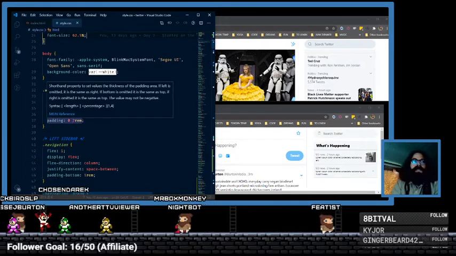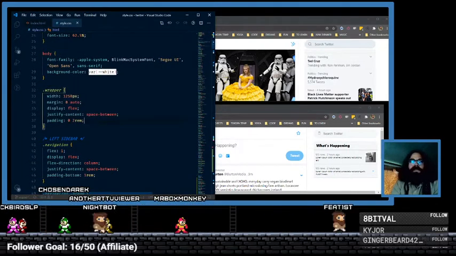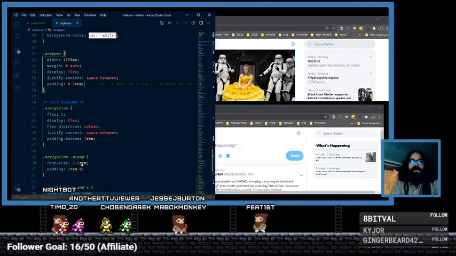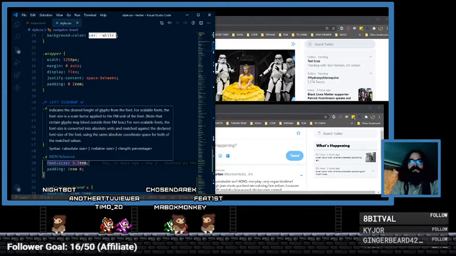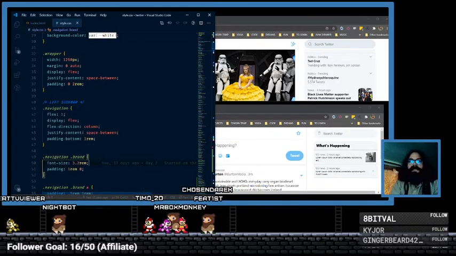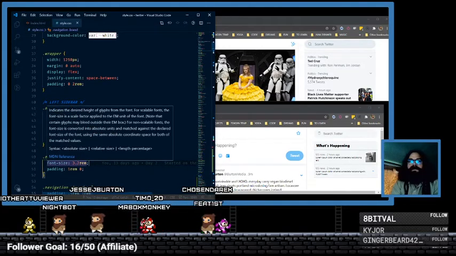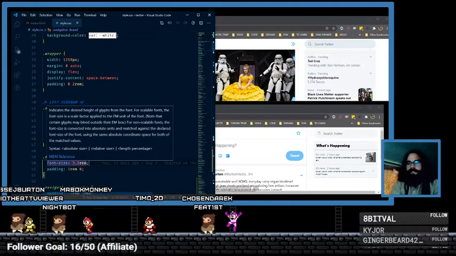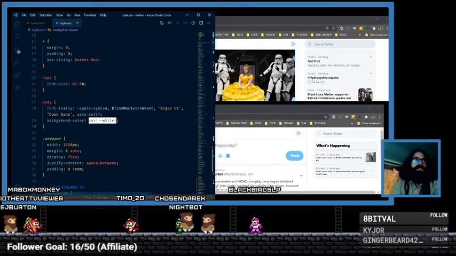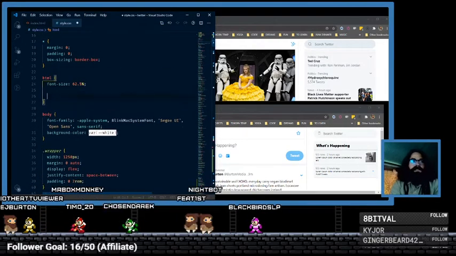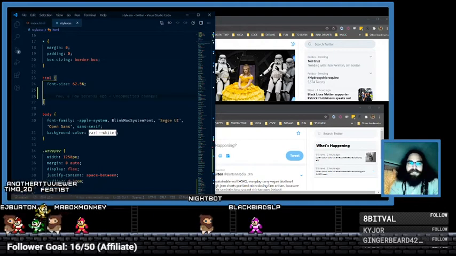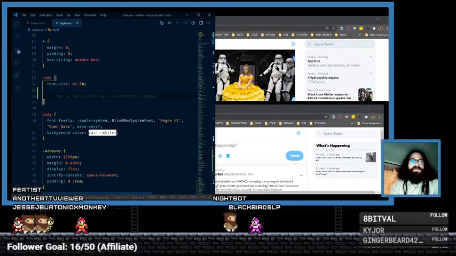So it just makes figuring things out easier. So then when I do 2 rem, I know that that's 20 pixels. If I do 1 rem, that's 10 pixels. 3.2, I know that that's 32 pixels. And so the reason that I would want to use rems instead of pixels, because you could obviously just do 32 pixels, that's even easier than doing 3.2 rems. But what this allows me to do, which is our next thing that we're doing,